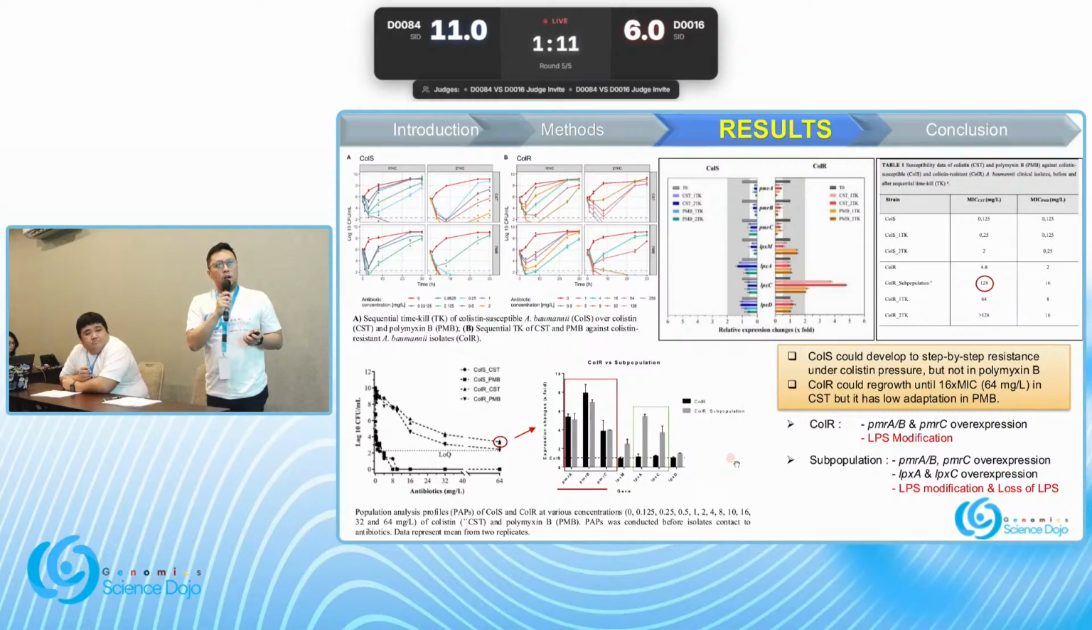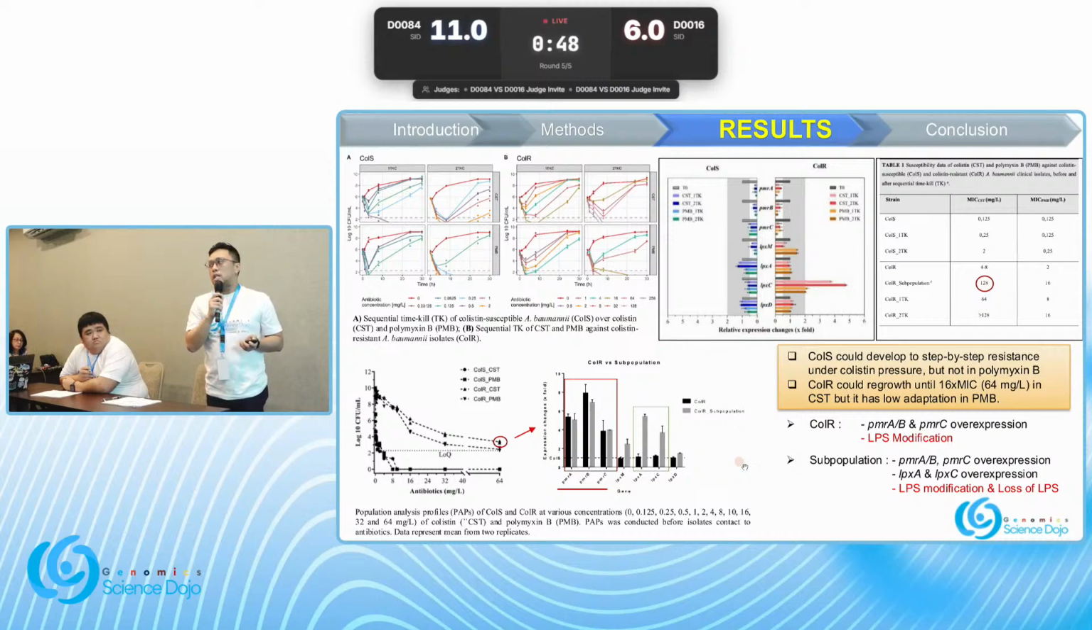And in the colR resistant strain, it could grow until 16 times MIC, so high-level resistance, but has low adaptation in polymyxin B. And we found that there is an overexpression in the LPXC gene that leads to the loss of LPS. And then we did the population analysis profile to identify the heteroresistance, and we found that there is a subpopulation